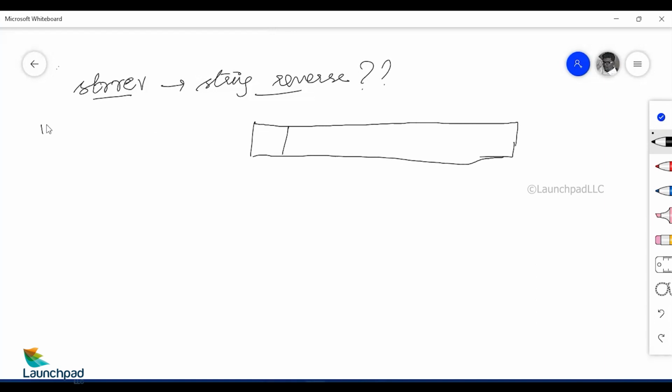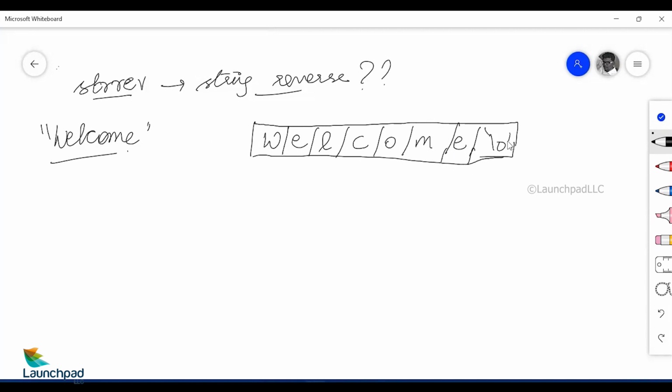For example, let me take the word welcome: W, E, L, C, O, M, E, and a \0 character. When I call n is equal to the string length, that would give me the last index where the \0 is stored, and that would give me 7 here.